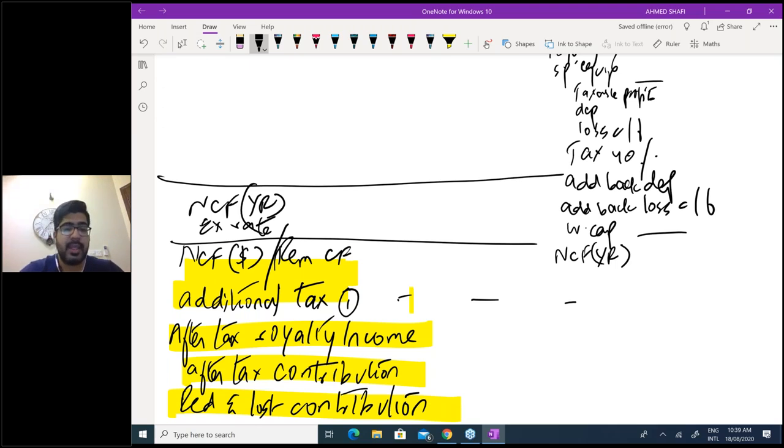Then after tax royalty income. Remember, iMoney was asking royalty from the assembly plant. Since iMoney was asking royalty from the plant, it was a cost for the plant. Yes, we deducted that as an outflow. It was a cost for the plant, but it's an income for iMoney. So we charged it to the plant, but it's an income for iMoney. So you recorded a cost here for the plant, but you need to record income in dollars for your land.